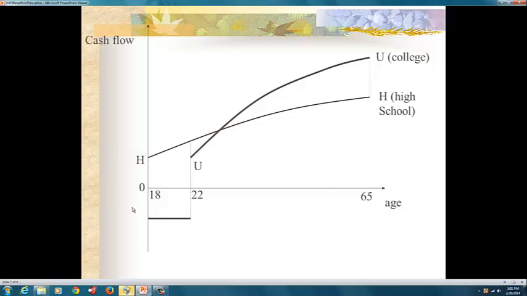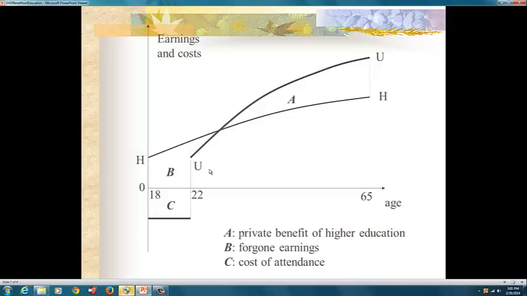So let's see what this means, because this is of particular interest to us, because there's some gaps here that we need to explain. So here we have a closer look at this. Now we have some different areas that are represented. So let's see. This H is the secondary school graduate's lifetime earnings. And then we have the lifetime earnings of the university graduate. Well, we said if you decide to go to university at age 18, it means that you are dis-saving. So here, you are dis-saving for this period.